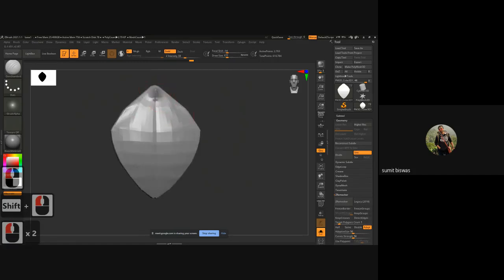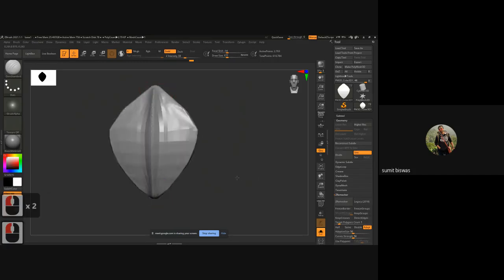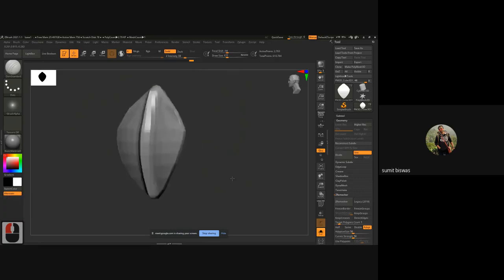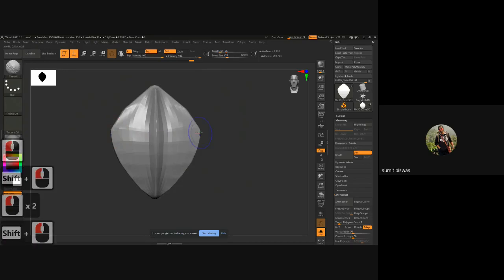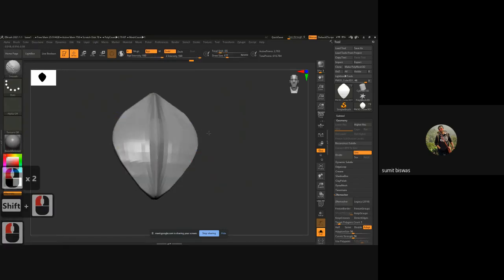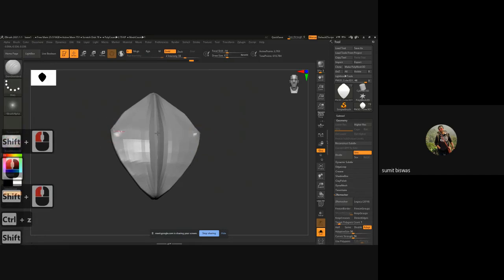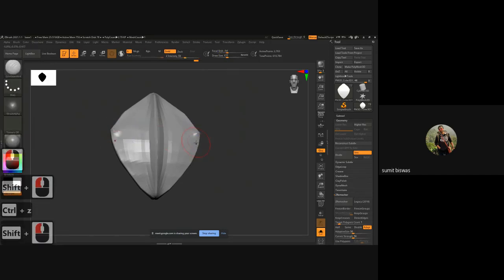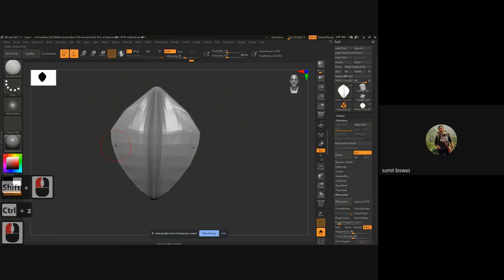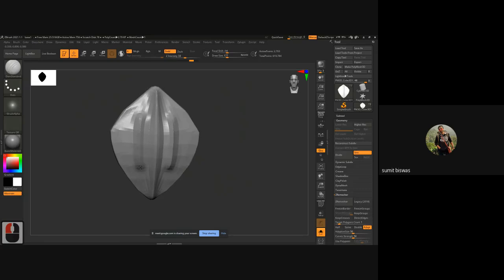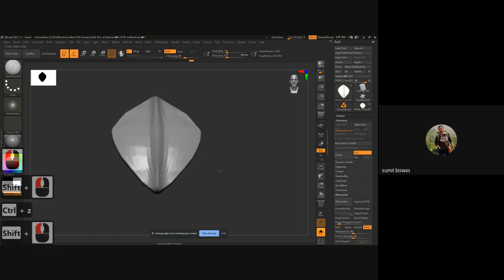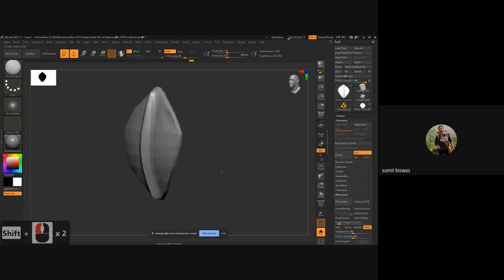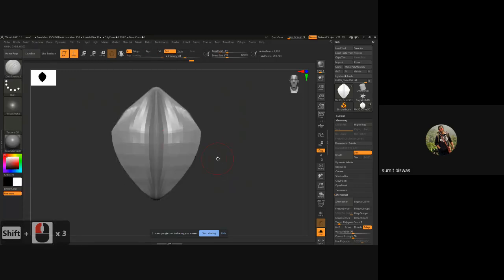Why is it not working? It should have worked perfectly. Let me check. Usually when you press and click there, it creates that crease very easily. I don't know why it's not working. I'm not doing anything wrong. Okay, anyways, I got the basic shape and structure.